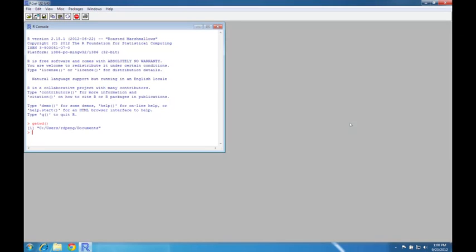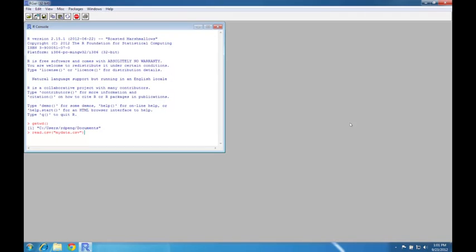And you can see it's set to be c:/users/rdpang/documents. This may differ on your computer depending on what version of Windows you're using and what hardware you're using. But there will be some directory, probably on your C drive. Now, the reason why it's important to know and to set your working directory is because when you read data or when you write things out using functions like read or write CSV, they will be read or written to your working directory. So, for example, if I do something like read.csv, I want to read, let's say,